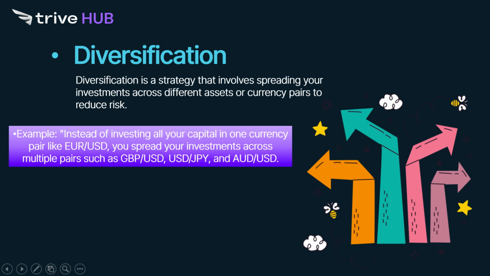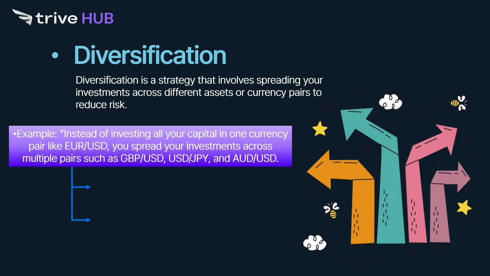You need to check that these currencies are not positively correlated. If they are positively correlated, then your diversification will not have a meaningful impact, and it will not fulfill your purpose of diversification. So make sure you check the correlations. So let's see what the benefits of diversification are.